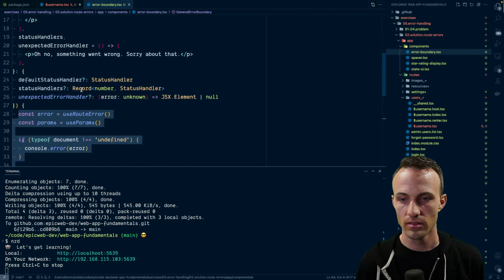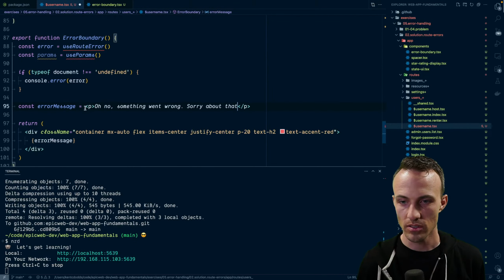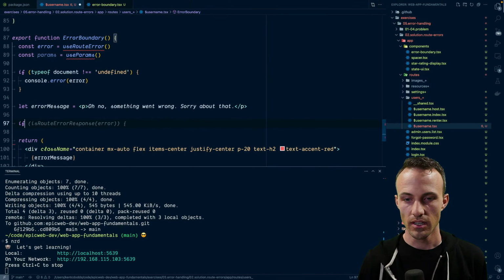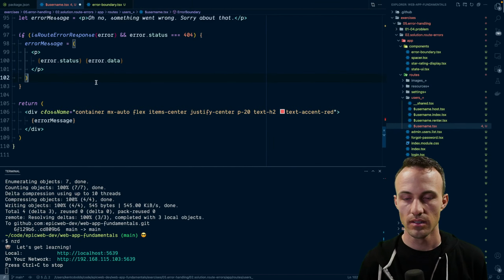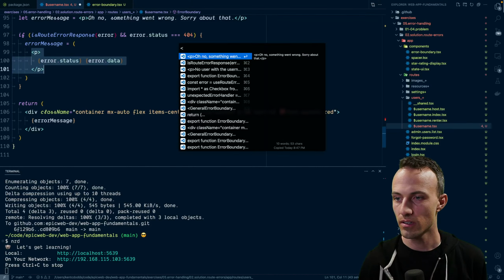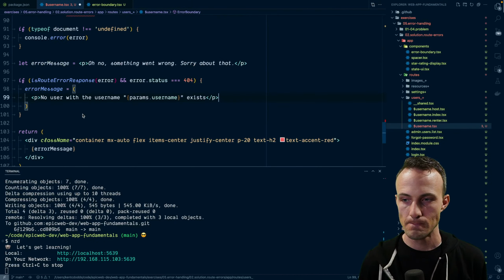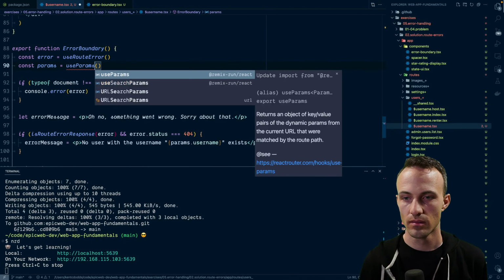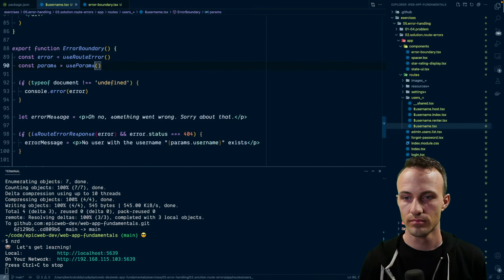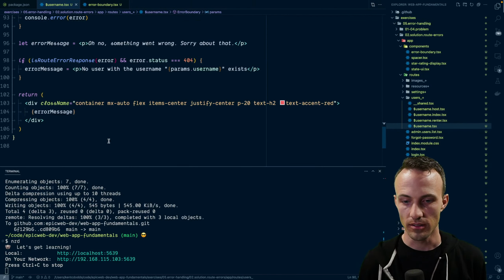We'll just do the same thing. That makes the most sense. Oh, that was pretty close, actually. I literally typed exactly the same thing last time. And then we'll say if, yes, exactly that, and error status is 404. Then error message is this, except I've got it in my thing here. Cool. All right, stellar.